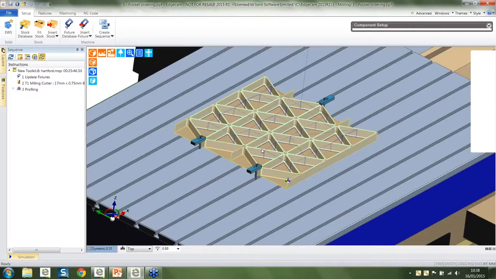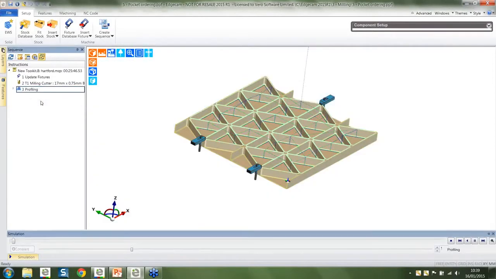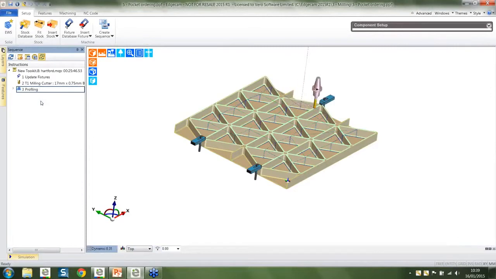We've been able to achieve this in the past in Edgecam, but what we've had to do is manually select each feature, which, you know, if you've got 10 plus features looking at you, it can obviously take a lot of time. This is what we see. This would be the typical net result as the tool dances around the part. That can obviously be wasting a lot of time. What I want to do is it to go to the nearest neighbour. That's a terminology that we've heard inside drilling, nearest next. So that's what we're adopting inside